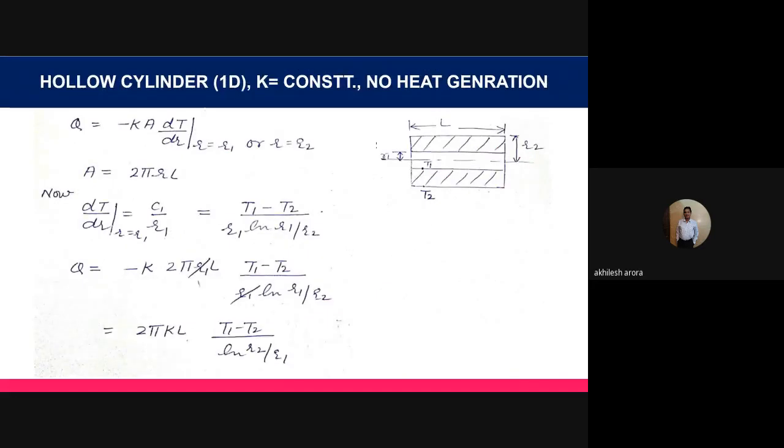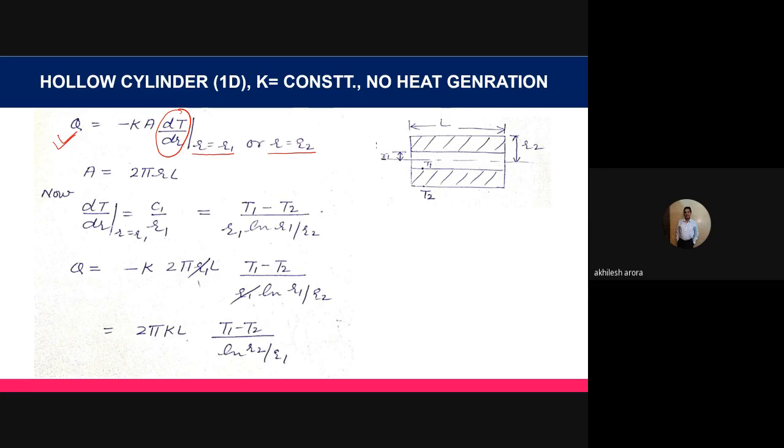And then we can calculate the value of the heat transfer using this temperature distribution equation. As I have already told you, our purpose is to calculate the value of the heat transfer, which is very important, and can only be calculated using the temperature distribution equation. So once we have got the temperature distribution equation, we can always calculate the value of dT by dr, because this is the basic equation for calculating the heat transfer, given by minus kA dT by dr. And we can calculate the value of dT by dr either at radius r equal to r1 or radius r equal to r2.